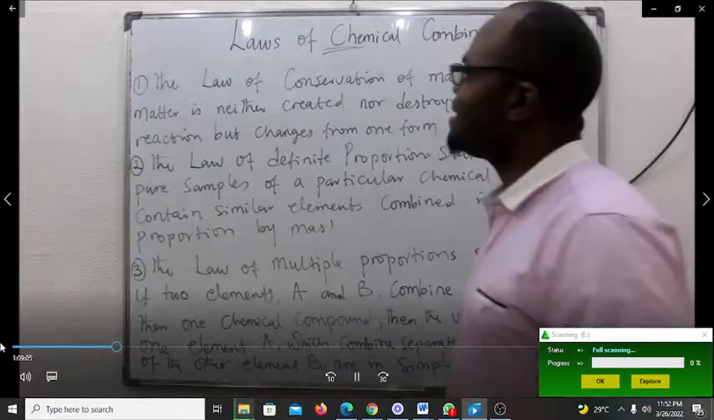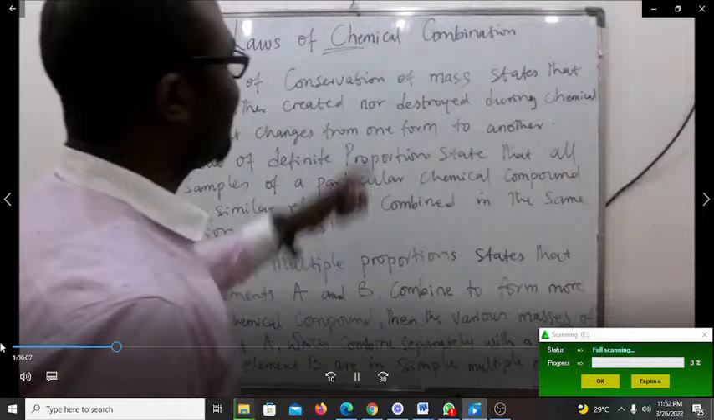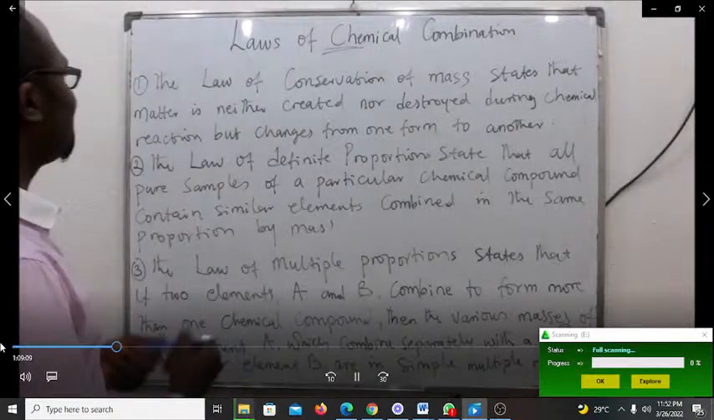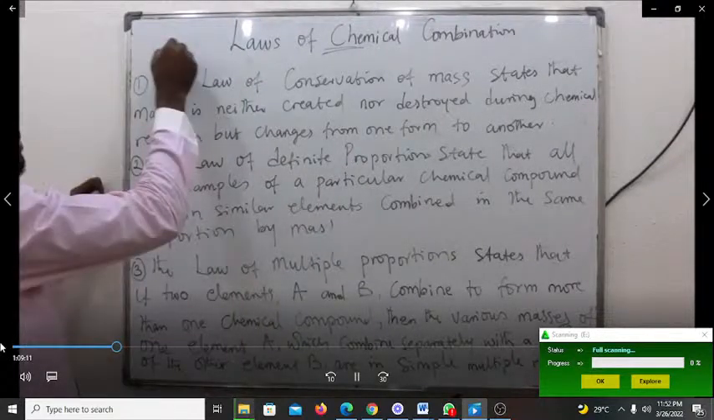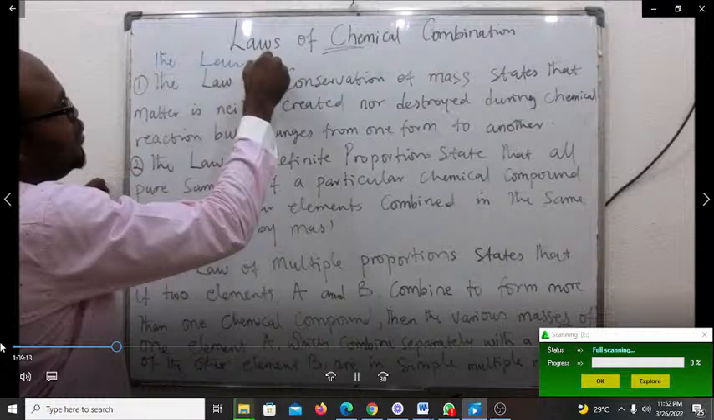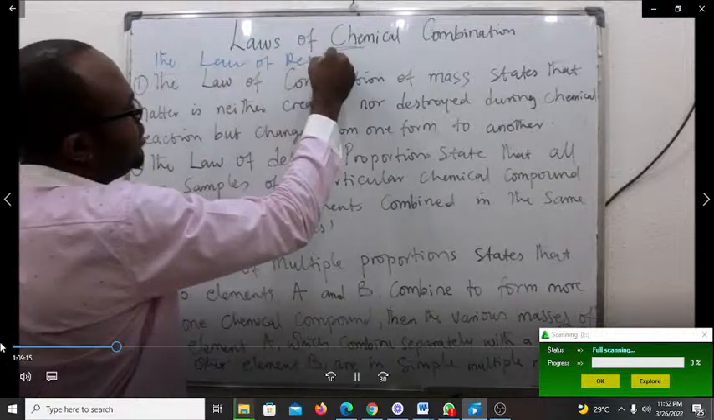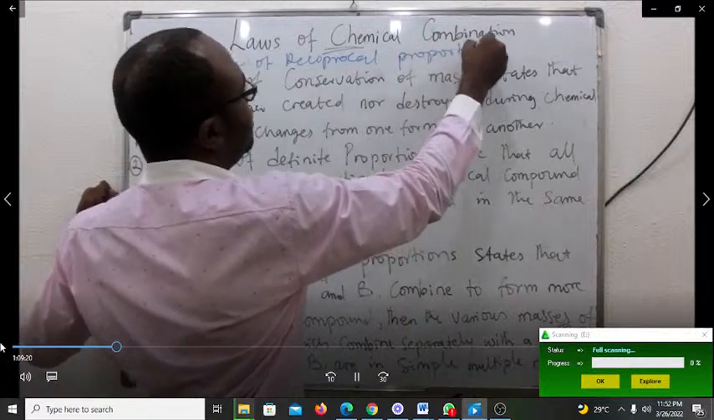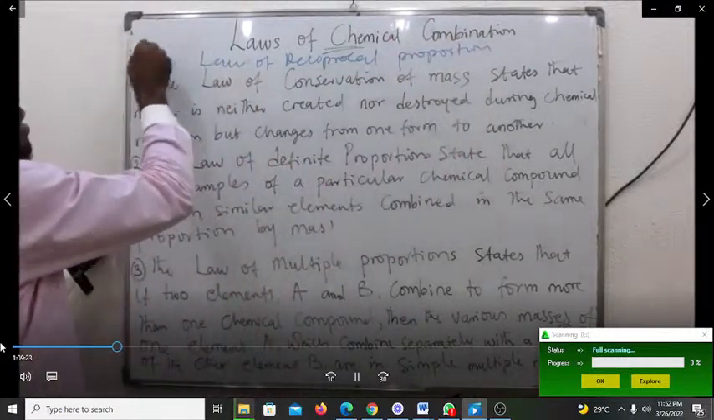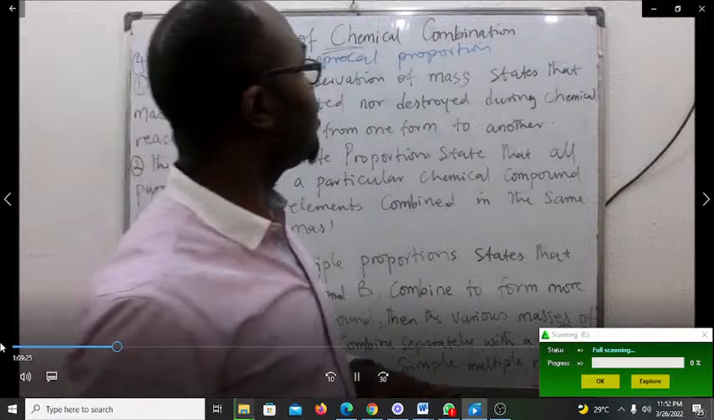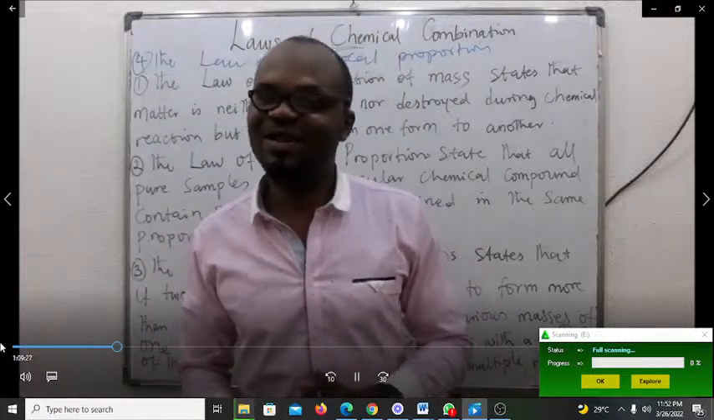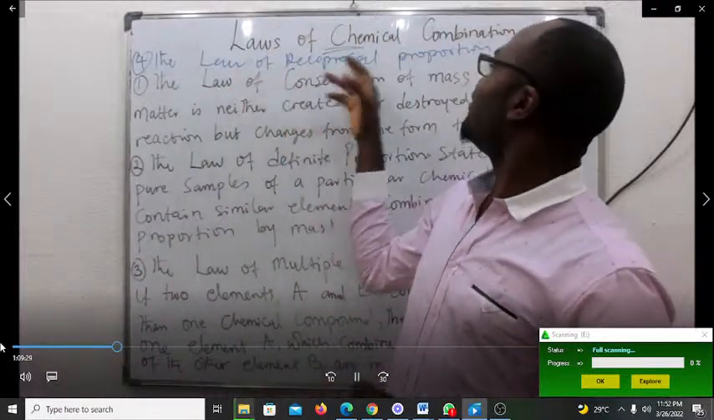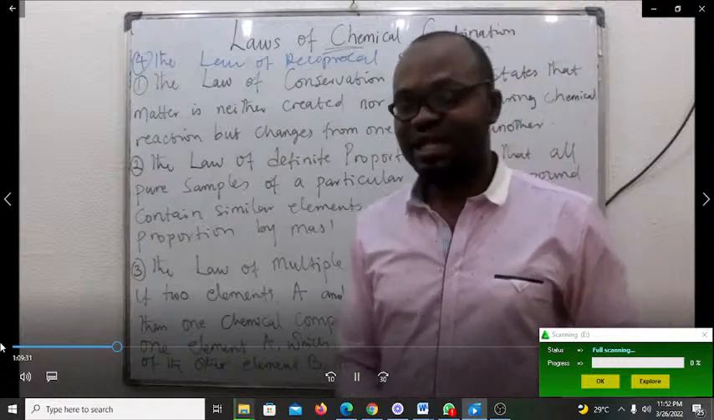So these are the 3 laws of chemical combination. The last one is what we call the law of reciprocal proportion. That is the 4th law of chemical combination. And what does this law state? The law of reciprocal proportion states that